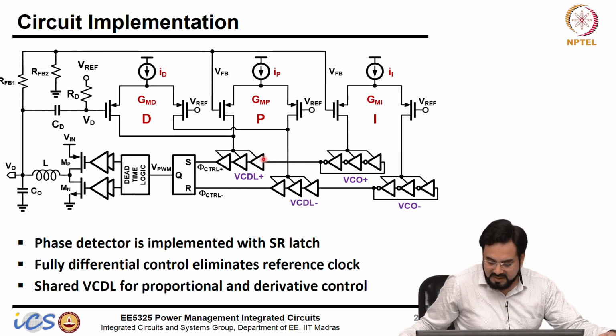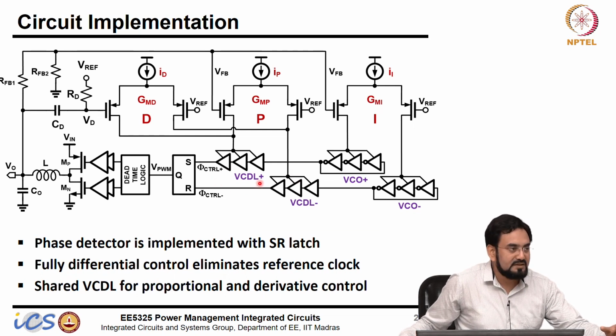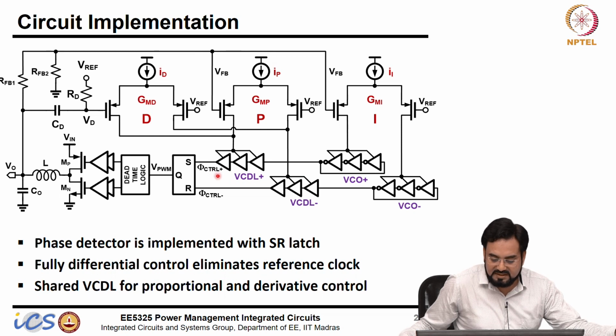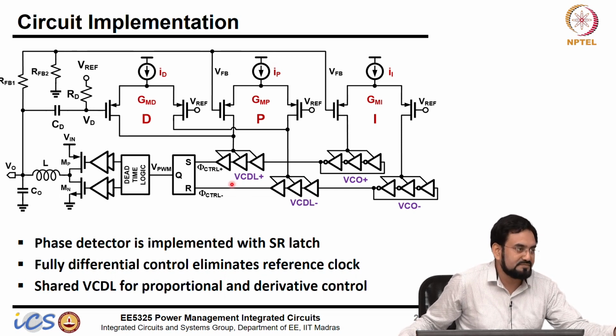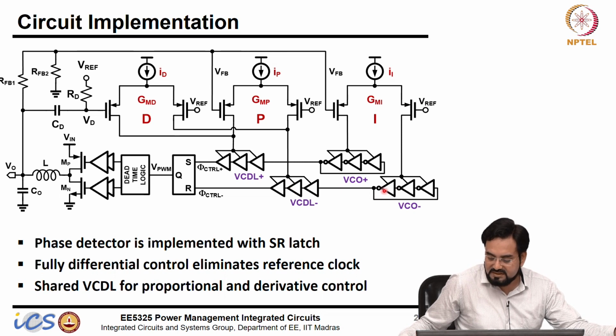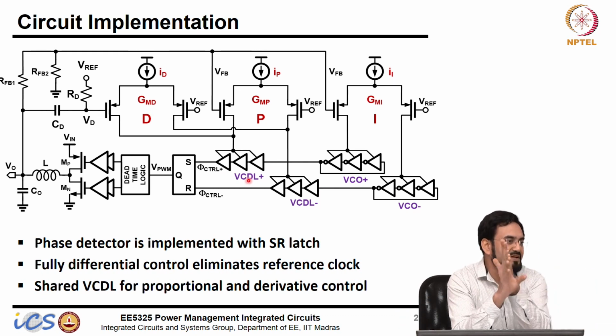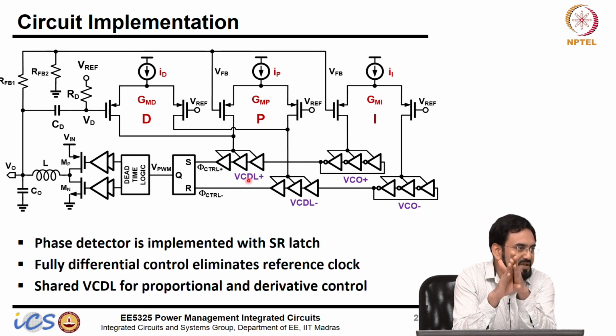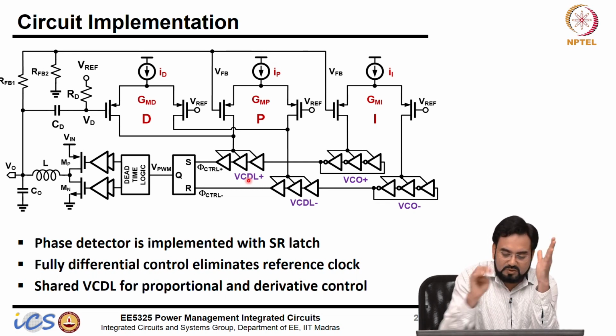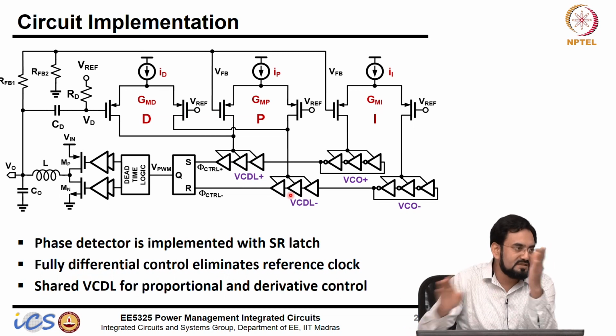So another advantage is that it's fully differential, okay, and the advantage of fully differential is that relative loop delay is almost 0 here. Let us say instead of using this, I could have used only the VCO output here directly, not the VCDL, correct. Now what would happen if this VCDL delay changes, this VCO delay will not change. So across PVT, look at a free running delay at a free running frequency, they may have some delay, okay. And if those delays are matched, then relative delay is 0.